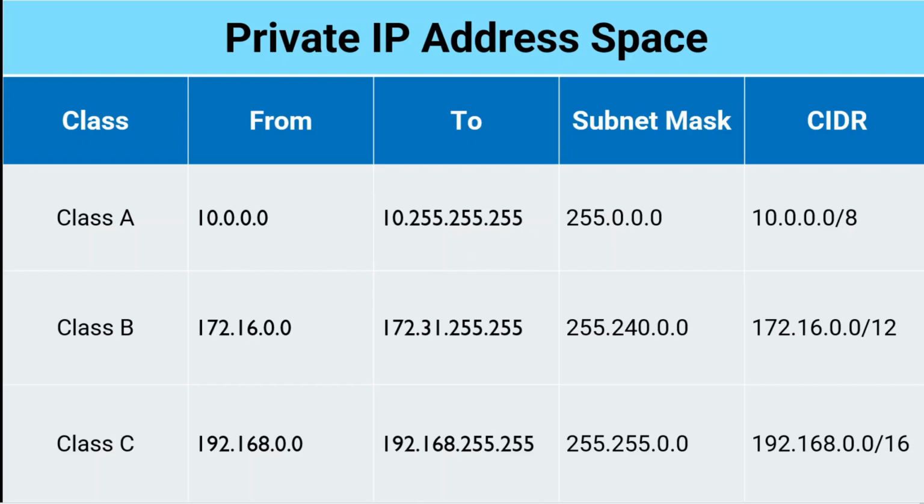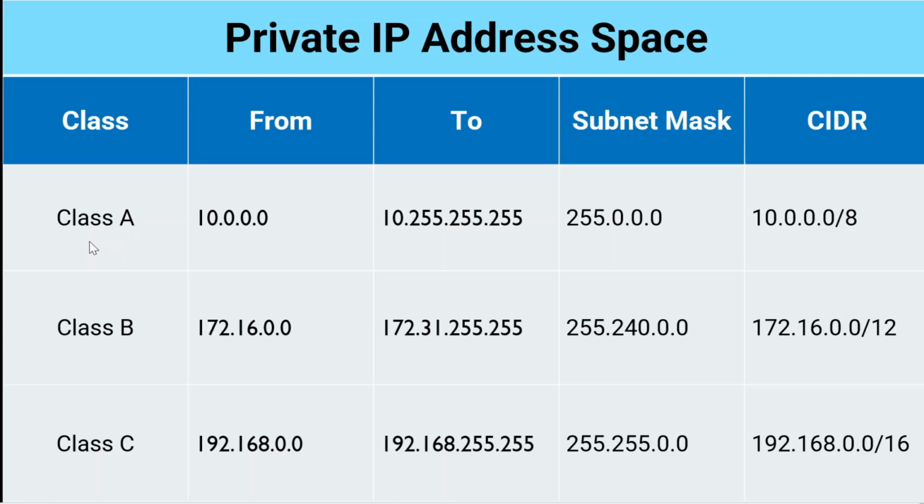But generally we do not define the IP address range like this. In fact, we prefer to use this kind of CIDR notation to define the IP address range. Here, this column represents the subnet mask for each IP address class range. Subnet mask is used to identify the network part of the IP address, and I will explain how to use this to find the network address in a few minutes.